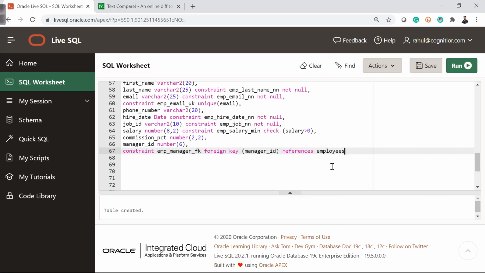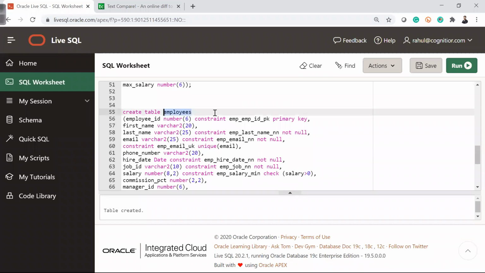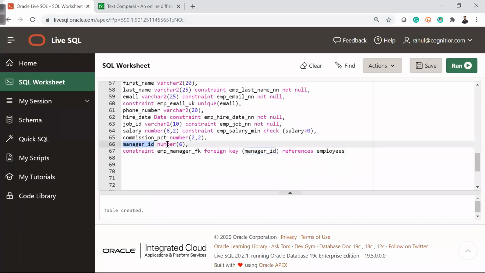As of now, just understand that from the employee table only, I am making this manager ID column a foreign key. Now it is a different concept altogether, right? Normally a foreign key is actually a primary key from a different table. But here I am making a column present in the employee table a foreign key in this particular table only.